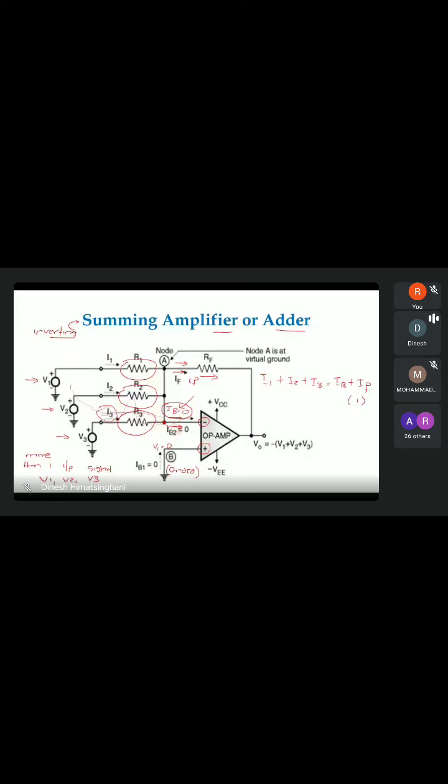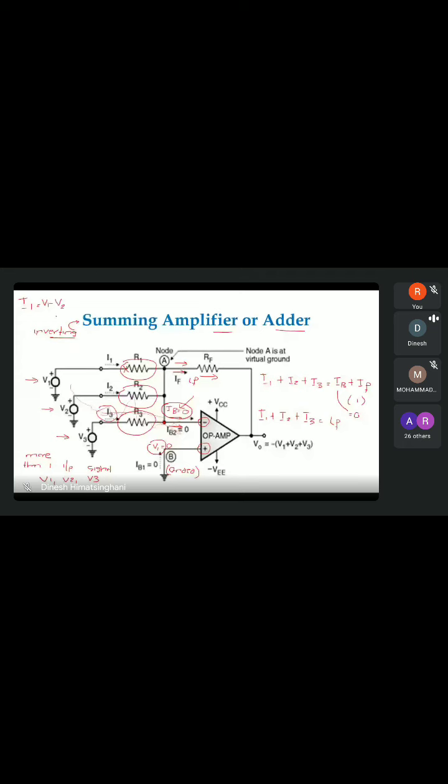So I will have I1 plus I2 plus I3 is equal to IF. Now, individually, do it again there. I want to show you one step. What is I1? I1 is the voltage at this end of the resistor, V1, minus the voltage at this end of the resistor, which is 0. See, this is V1. V1 is grounded. So suppose this voltage here is V2. So I call it V2 divided by R1.